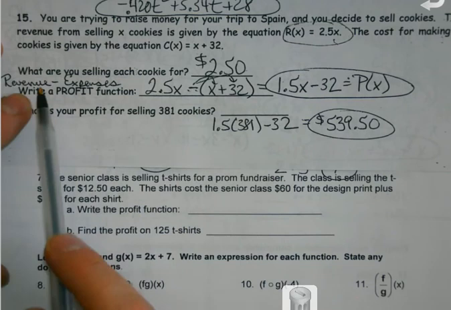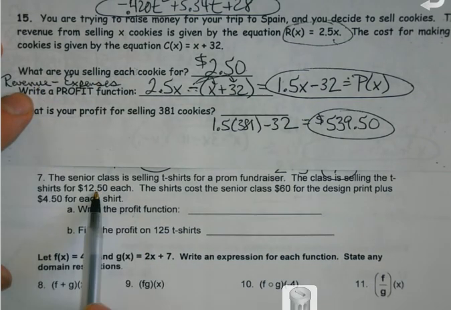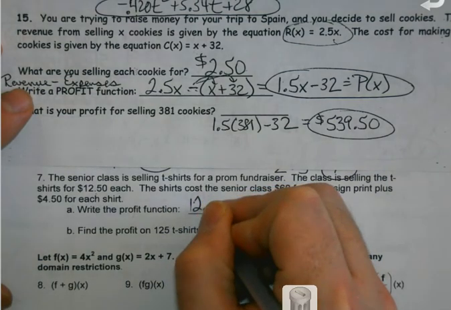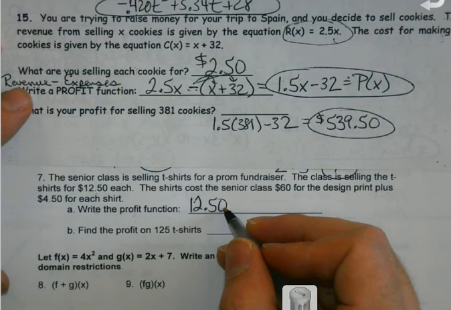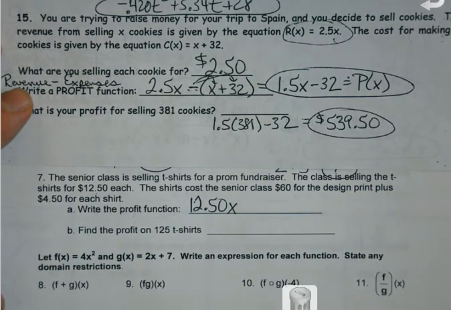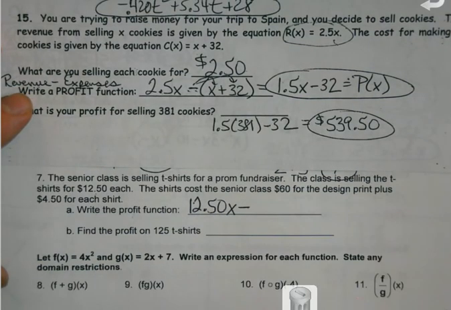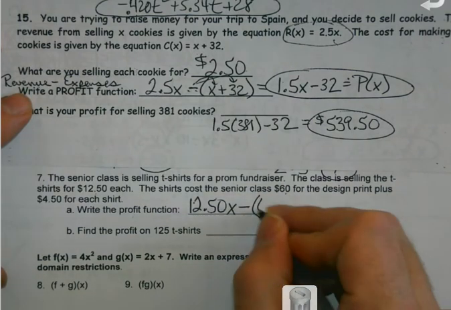Okay, how much I take in minus the expenses. I'm selling t-shirts for $12.50 each. Okay, that's like my revenue. So I get $12.50, but I get that per each shirt that I sell. So I have to put my variable term with it because it makes a difference if I sell 100 shirts or if I just sell one. So then, okay, I got to minus whatever expenses I have. They're going to charge me $60 for the design